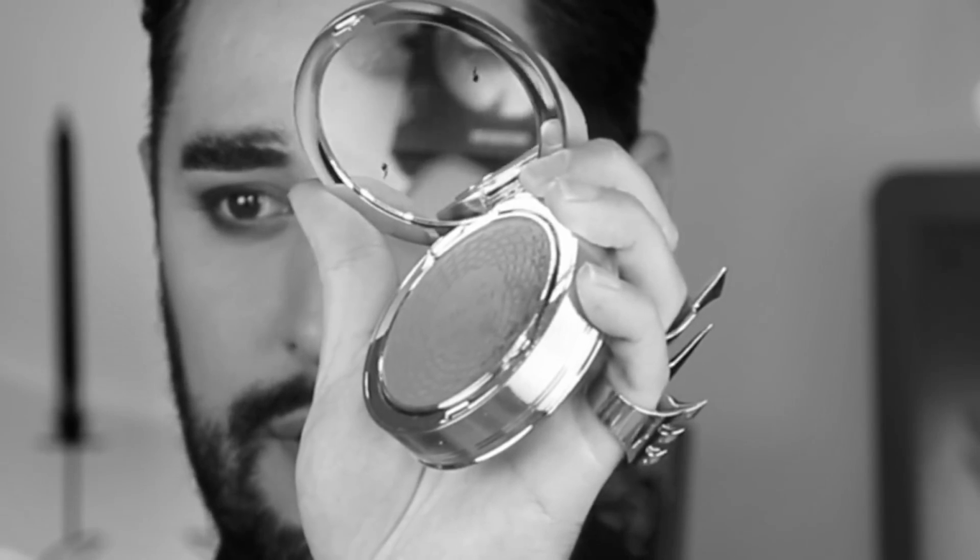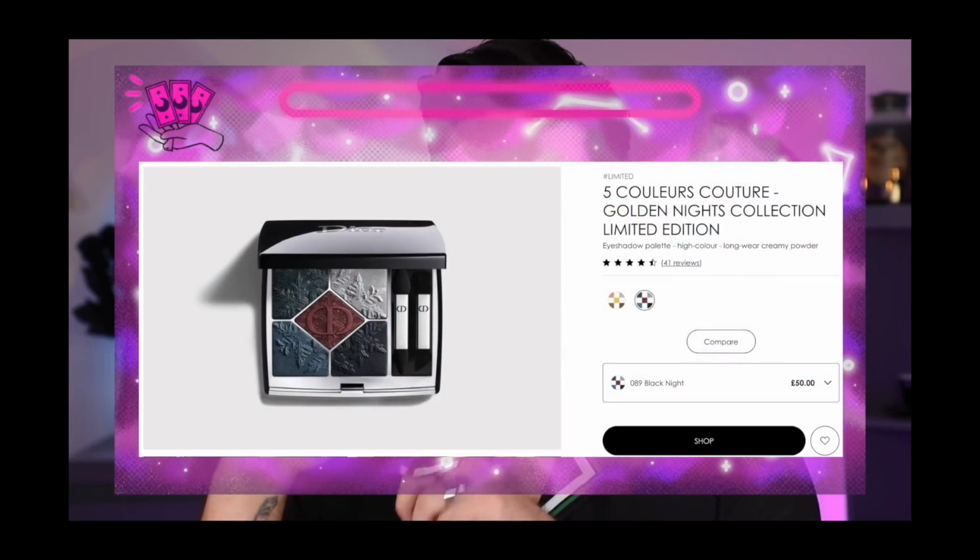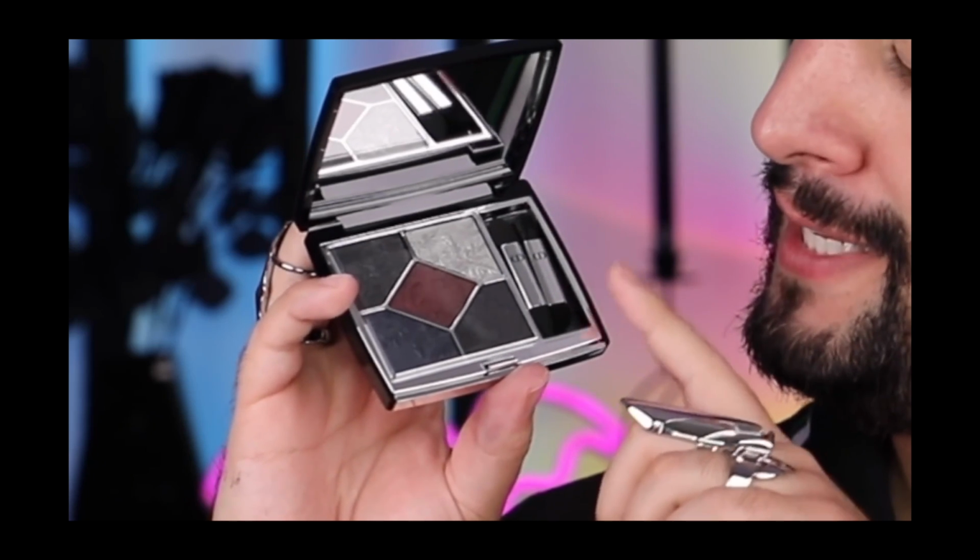This is an eyeshadow palette from Dior. I'm going to go ahead and let myself explain it, and then I'll come back to me again for more. This is the Couture Golden Nights eyeshadow palette. I think this might have been a Christmas release because there was a snowflake on the package. Now, I'm absolutely not going to use these brushes that come with it, as much as Dior like to use them on their Instagram. I will keep them, because they're good for glitter and packing on pigment, but